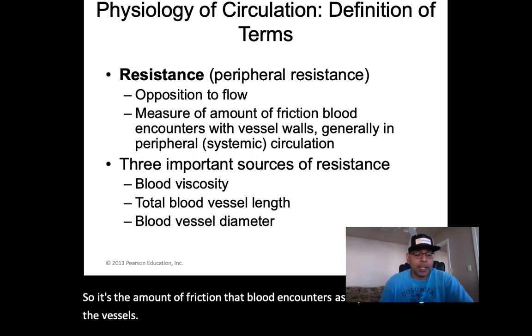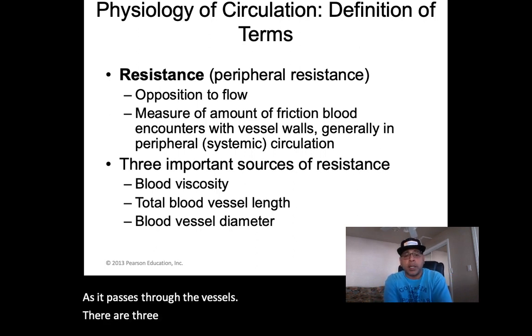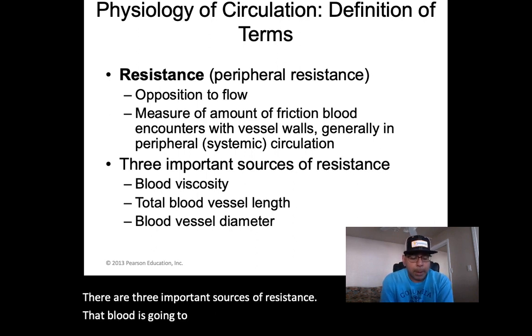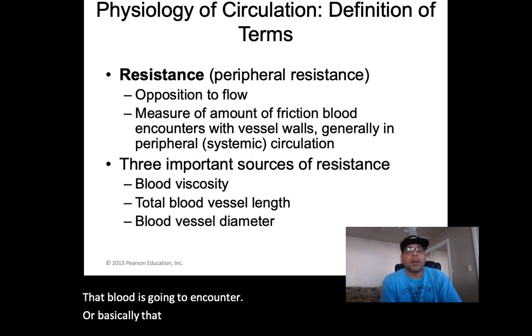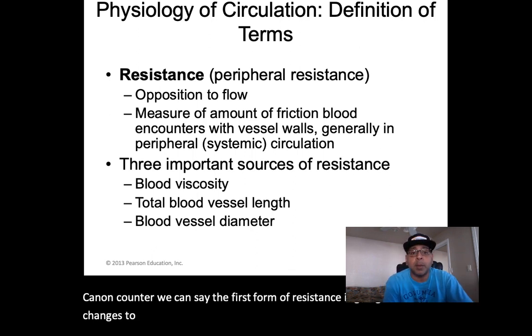As it passes through the vessels, there are three important sources of resistance that this flowing blood can encounter. The first form of resistance is going to be changes to the blood itself, and that's going to be blood